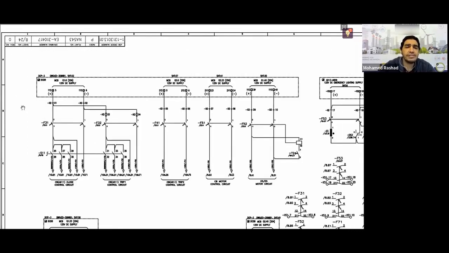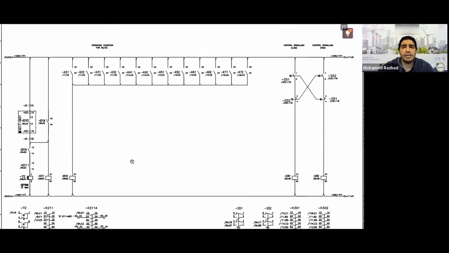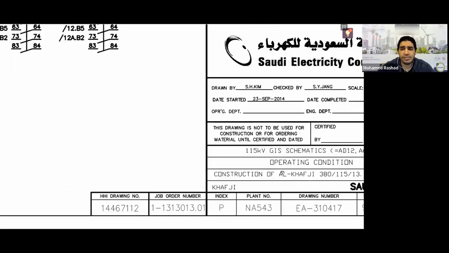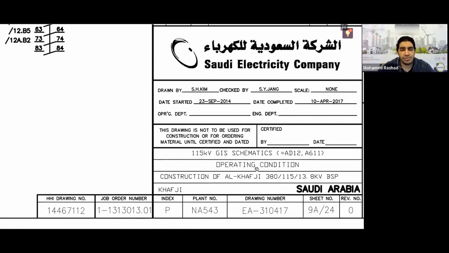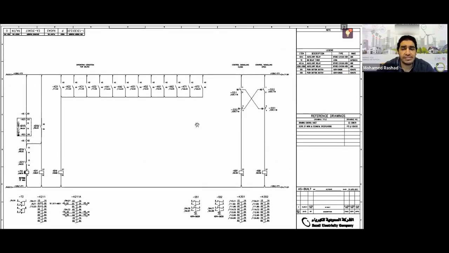Now I want to focus on the DC supply that was coming out from the control circuit of the DS and ES, which went to page 9. This is our circuit. If you look at the description of this circuit, it will tell you something called the operating condition. This page is divided into 2 parts, or let's say 3 things as well. If we take it from right to left, you have the first part here, which is the general close command or the general open command that you give to all the equipment you have in your station,